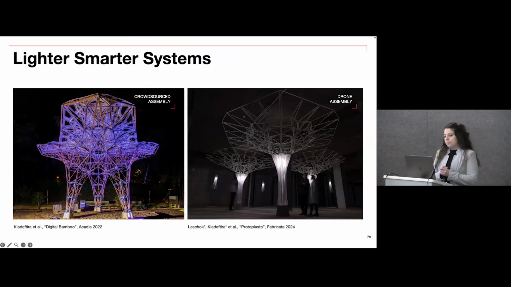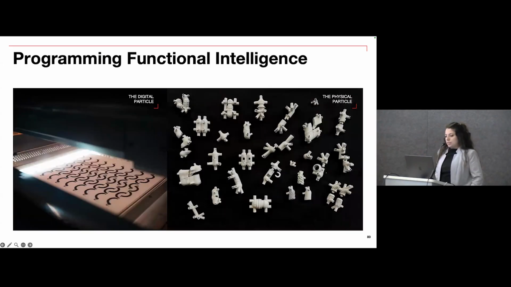So as I said, a large area of research in the lab is lighter and smarter systems. We develop new methods and technologies in achieving what we call ultralight architecture that has a very, very low impact on the environment and can enable a lot of smarter systems, can enable self-assembly, robotic assembly, and so on. And how we do that, we look at programming functional intelligence into every grain of sand in these additively manufactured components that are locally adapted throughout the structures we create.